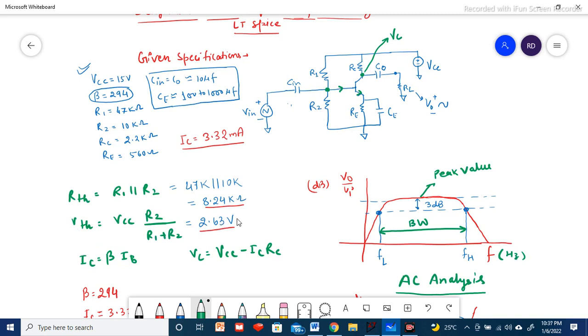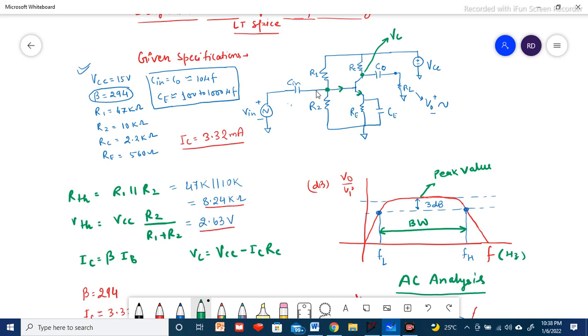So when we have beta plus 1, there is a relation. If our resistance RTH is much smaller than beta plus 1 times R, from there we can verify, and this value is always almost less only, so we can directly take this VTH as VB only. That potential available here, that is base voltage. So 2.63 volt is the calculated value.